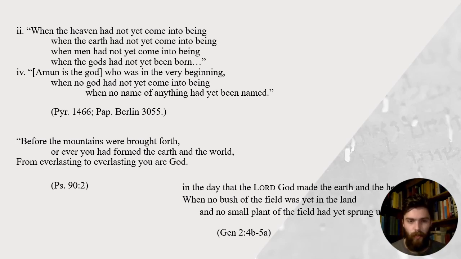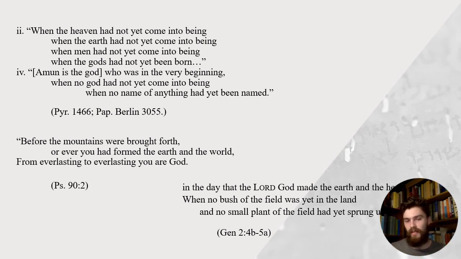This idea that God is preeminent, the idea that God is before all creation and that everything, before anything existed, God did. We have the idea that in Genesis 1, in the beginning, God created, implying that God is preeminent. We also have the idea, for example, in Psalm 90, verse 2, that before the mountains were brought forth or the earth was formed, from everlasting to everlasting, you are God. So God is preeminent in that understanding.